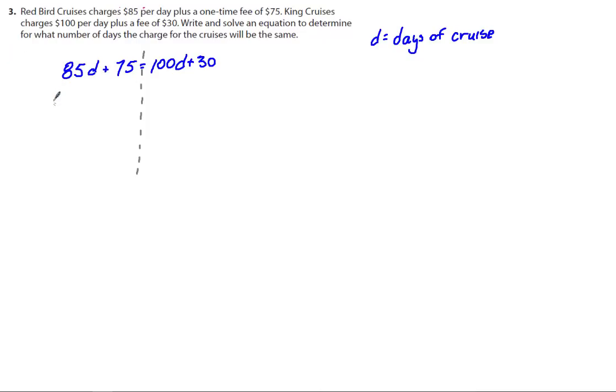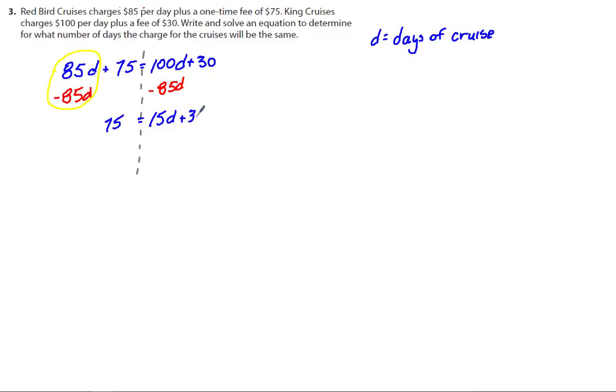So I'm going to start by looking at the D's, and I realize I have fewer D's over here, so I'm going to get rid of those. If I take away 85 D's here, they all disappear, and I have the 75 left. If I take away 85 D's here, I've got 15 D's left,